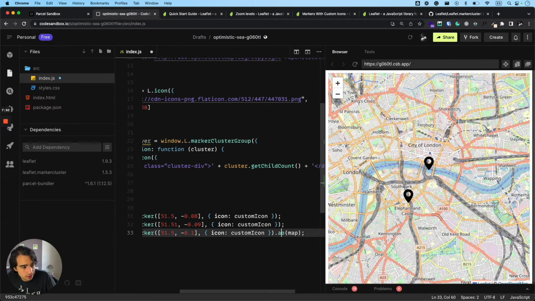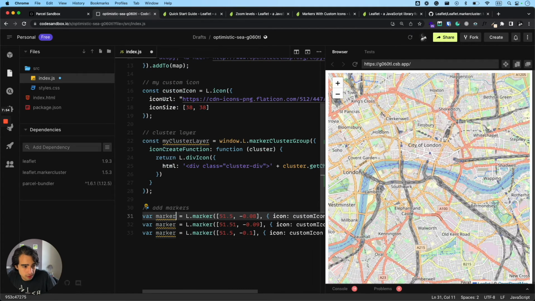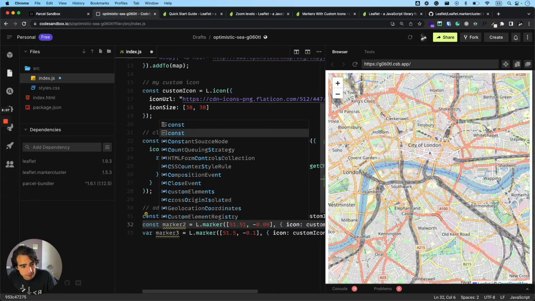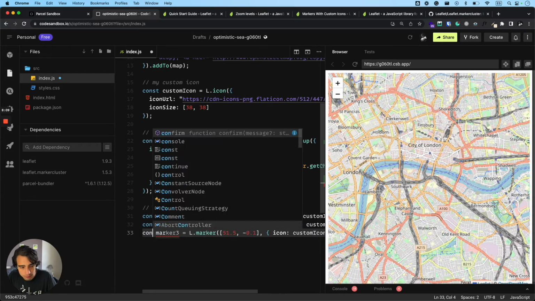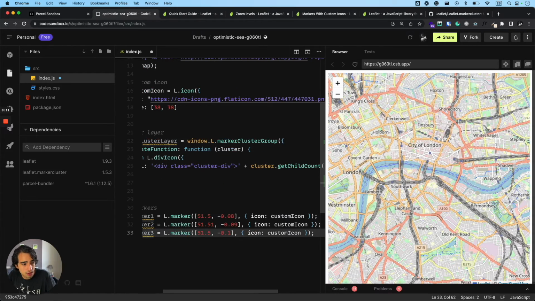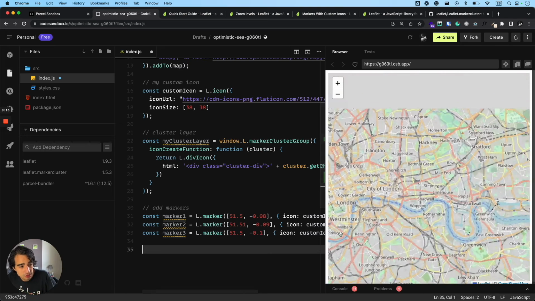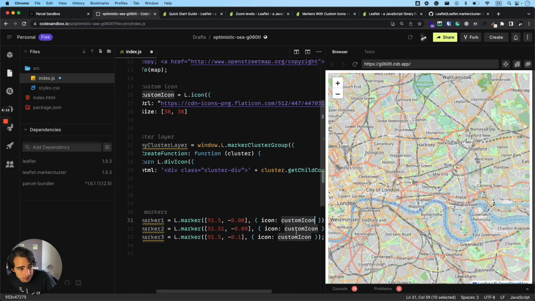And actually, this is ridiculous. Why did we have the same name for different elements? So now we have different markers, and I'm just going to use const instead of var. So now we have our 3 different markers, each of them using our custom icon,